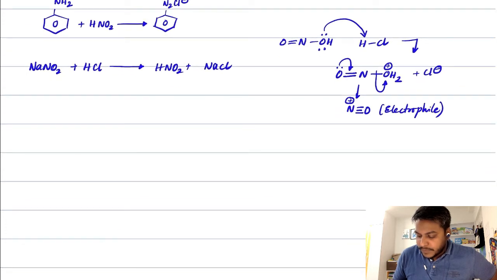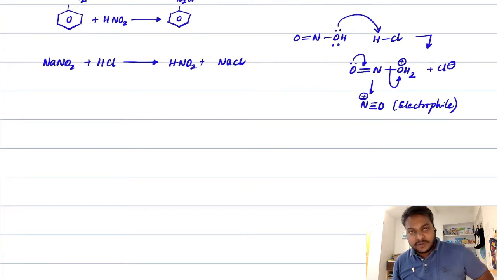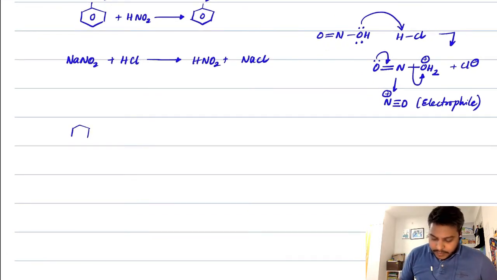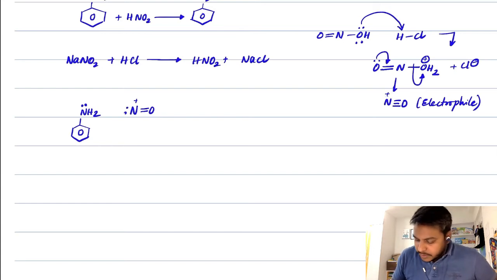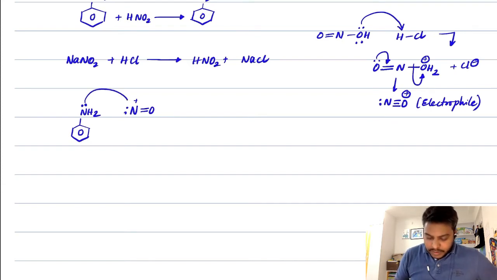So the reaction starts with this electrophile, students. We will have aniline, NH2, which has a lone pair on it, will start reacting with this electrophile, which has a positive charge. Sorry, this positive charge is on oxygen here, right? And nitrogen has this lone pair. So oxygen will try to take away its electrons. That's when nitrogen will get that positive charge. So the lone pair will attack on nitrogen.